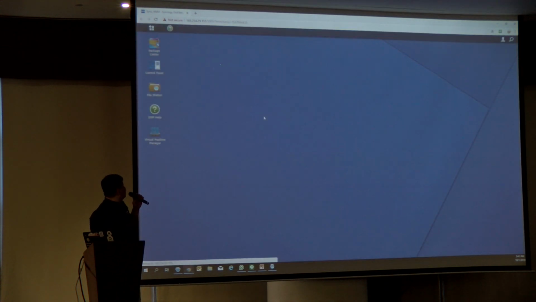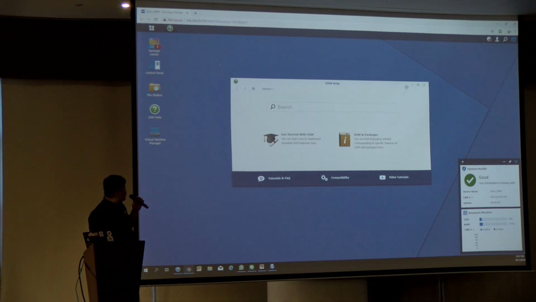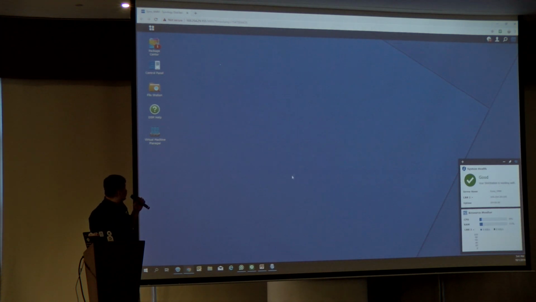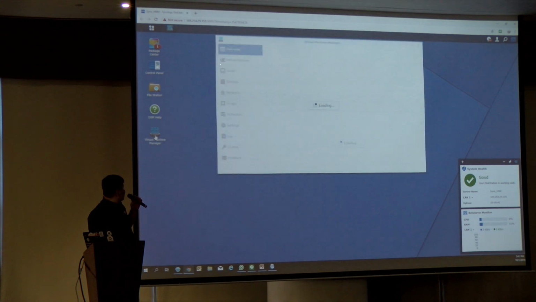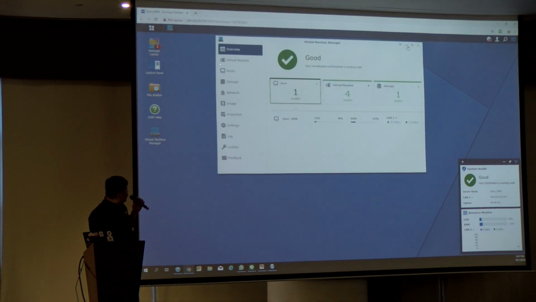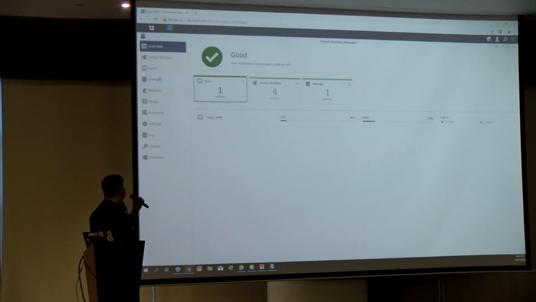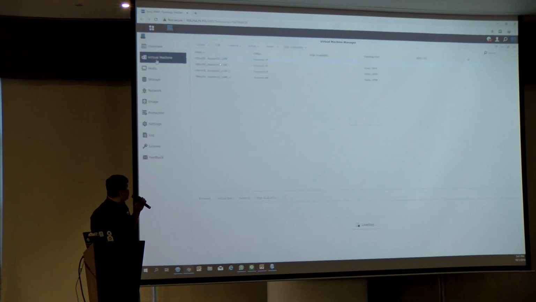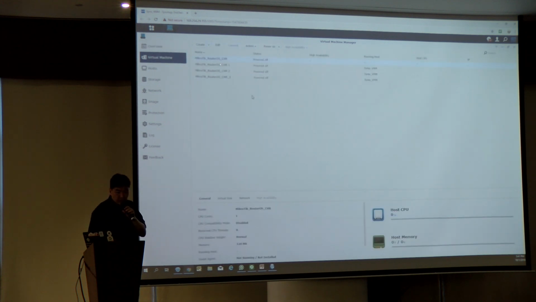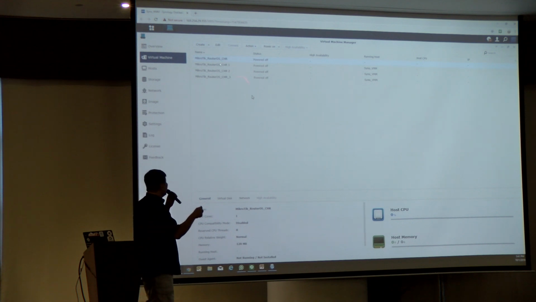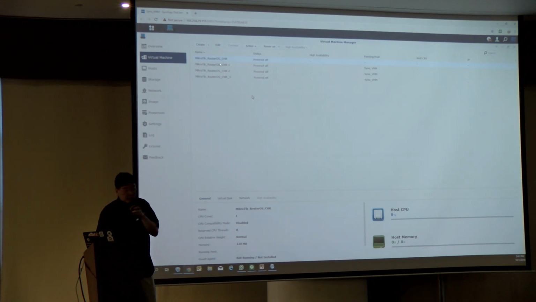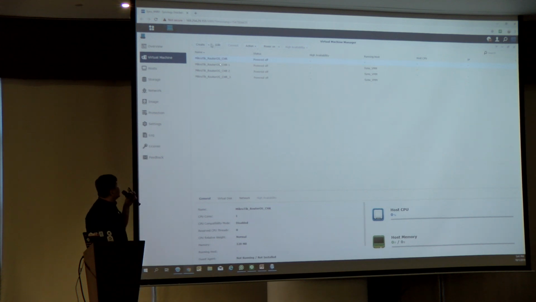After I log in, I'm going to run the app for the virtual machine. Running the app, you can see that we have actually installed 4 virtual machines inside here. So there are actually 4 different router OS running inside the machine itself. Right now I'm going to start to do an installation. I'm going to go create, and I'm going to import,